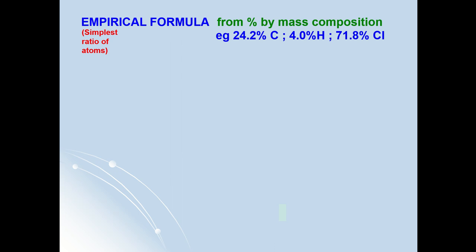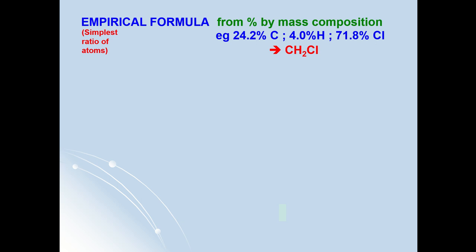So let's start back at the start. We need to understand first of all what empirical formula is, and we should all know that by now. Empirical formula is of course the simplest ratio of atoms that you find within 1 mole of a compound. So you may take that from a percentage by mass, or you might just take it by an amount of mass of each of the elements. You convert those into moles, and then you convert those into the simplest whole number ratio of atoms within a compound. So for example here we've said we've got an empirical formula of a compound, 1 carbon to 2 hydrogens